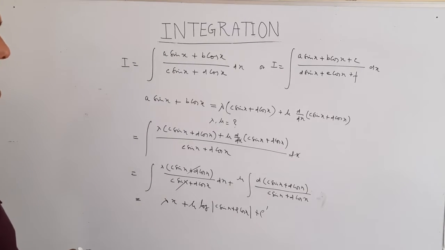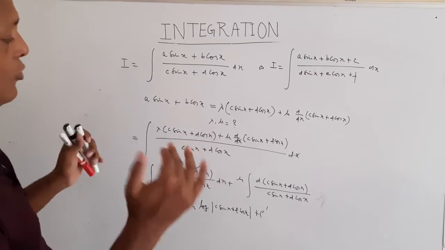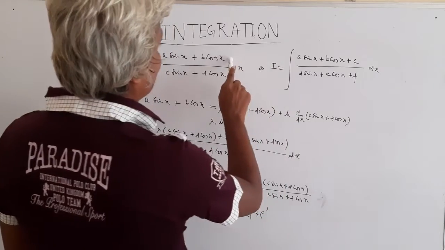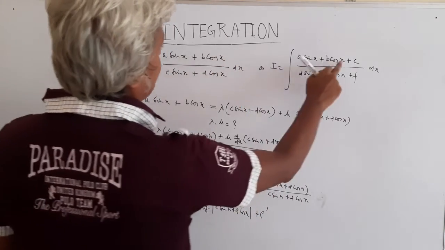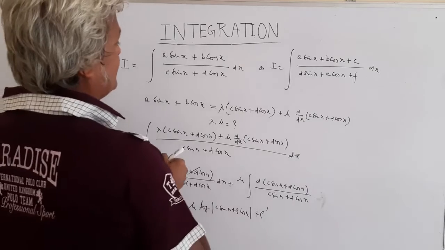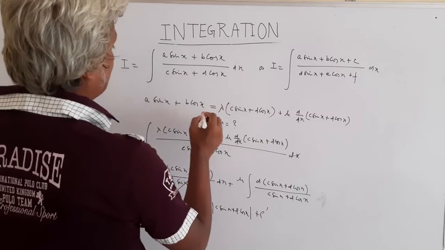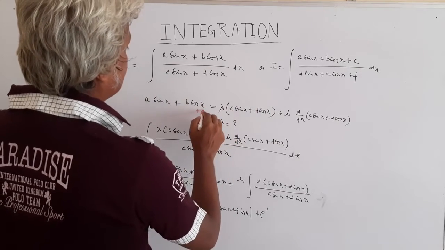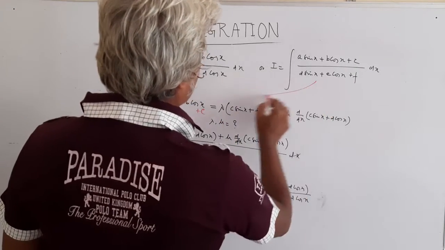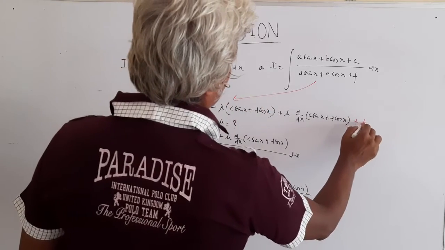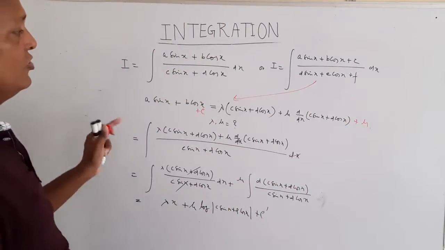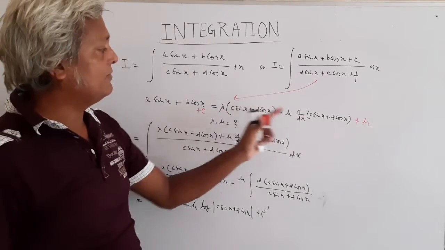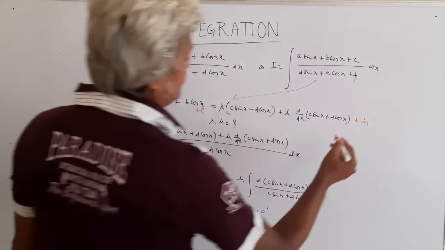Now I'll take one example for each of them, because in both cases we have to apply the same rule. Here we don't have any extra constant, but in the other form we have the constant, and in that condition you need to take it into consideration. You may have one more relation plus c here, and here you also have to pay attention to that f. So you need 3 equations, because you have 3 unknowns: lambda, mu, and something else, which I can call lambda dash.